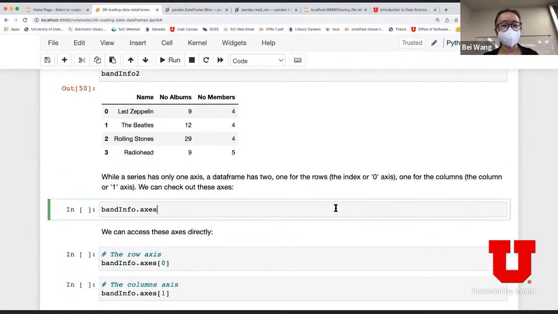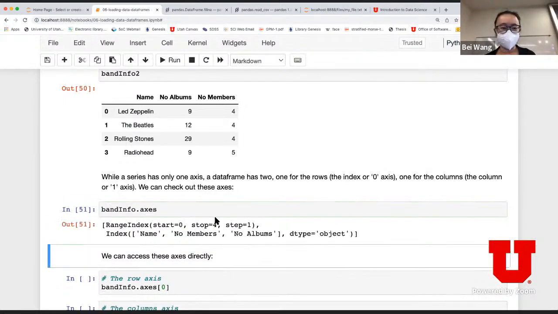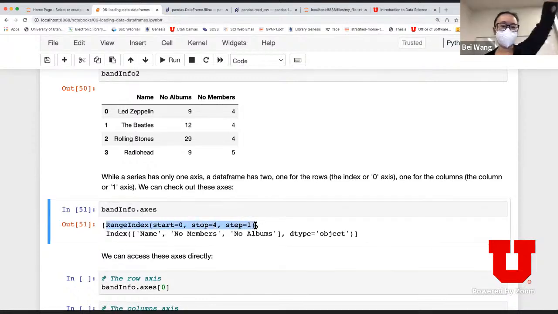Now, the interesting thing is that a series, remember, is just a single column. So in terms of axis, you have a single axis, but a data frame is a table, so it has two axes, a column axis and a row axis. When you do this, it says this is the first axis, which is really the row axis.